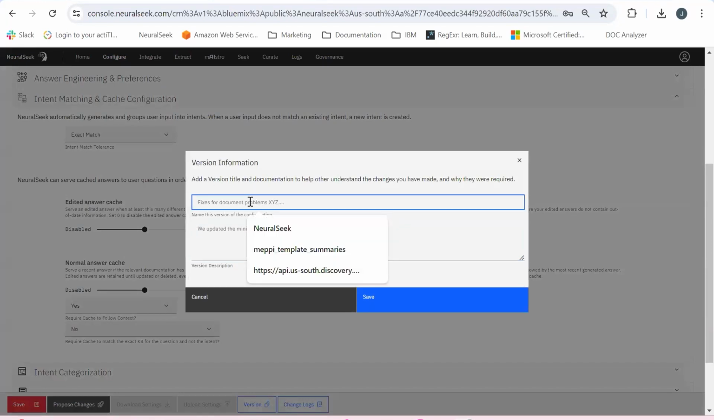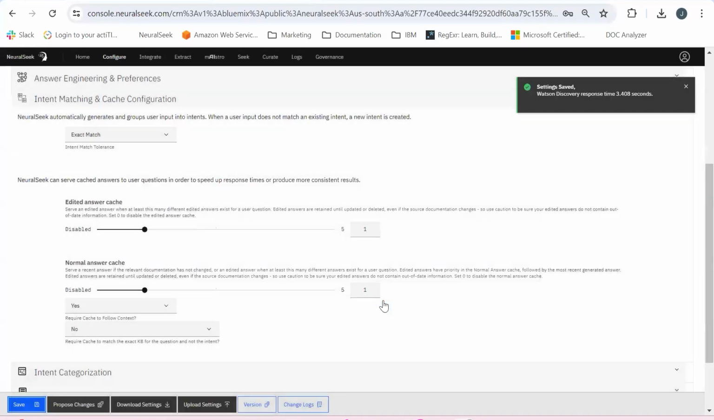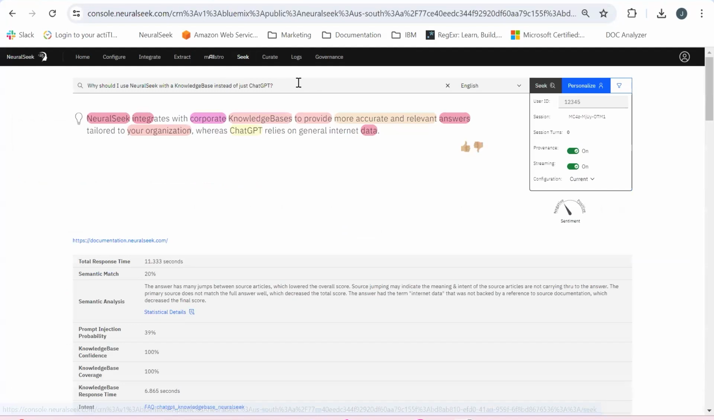So I can either name the version of this configuration as cache and add an optional description, or you can just continue to click save without a title. And it saves that new version of our new configuration. And then when I go back into Seek and I ask the same question of what is the best cereal,